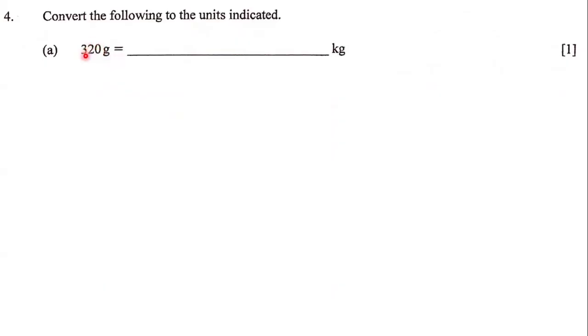Next, they want us to convert the following to the units indicated. So they want us to convert 320 grams into kilograms. And so here we have a useful acronym that we could use, which states King Harry died